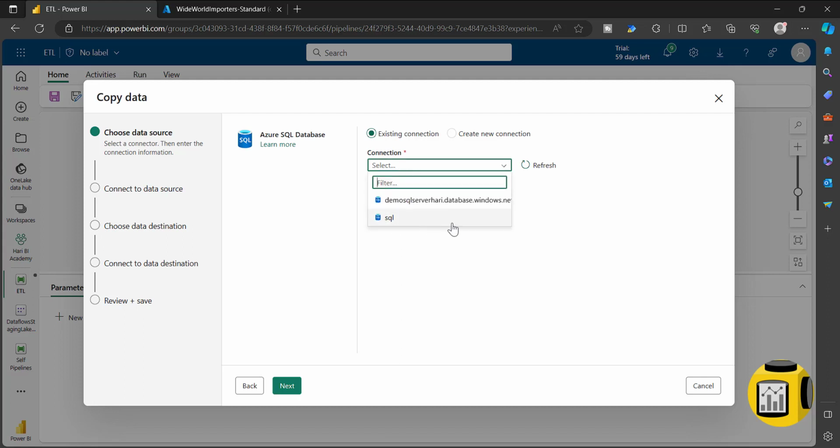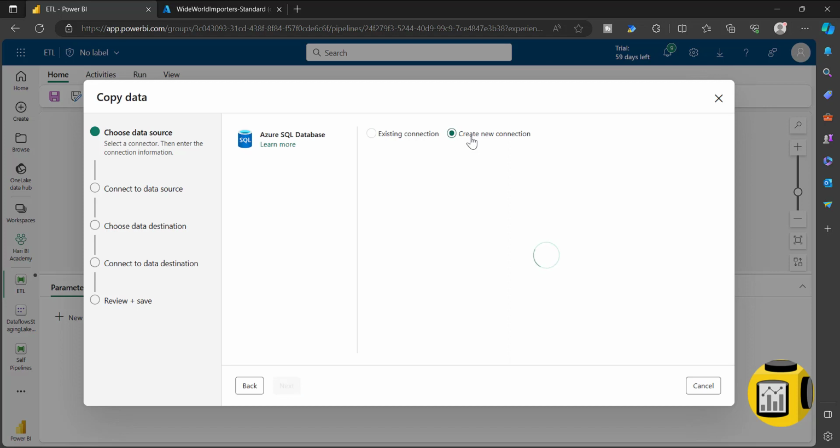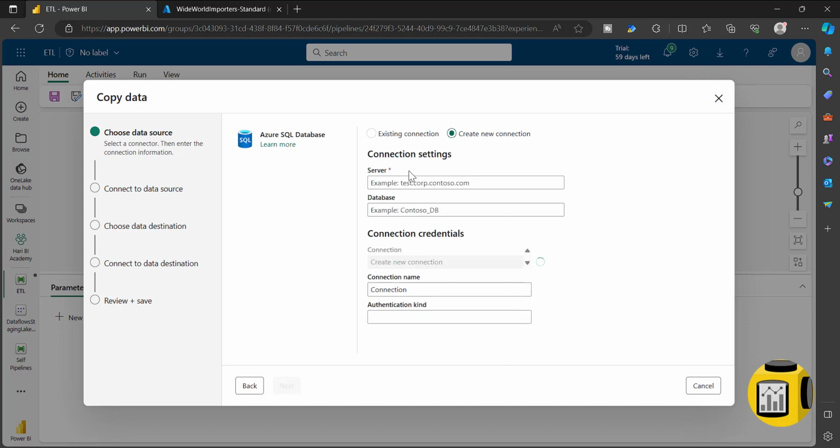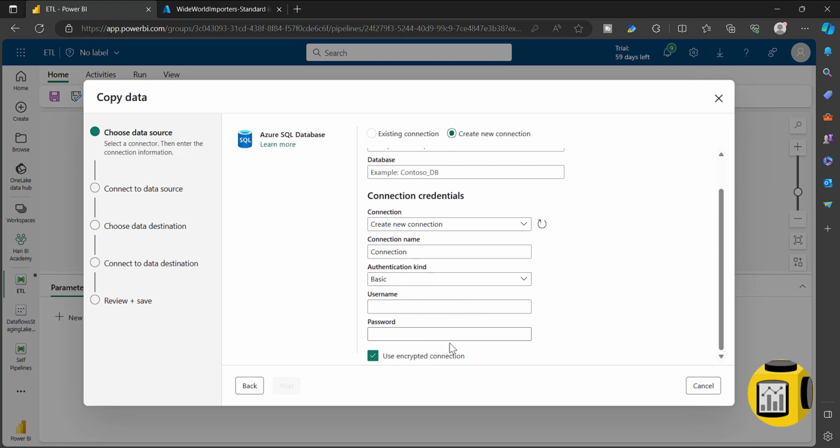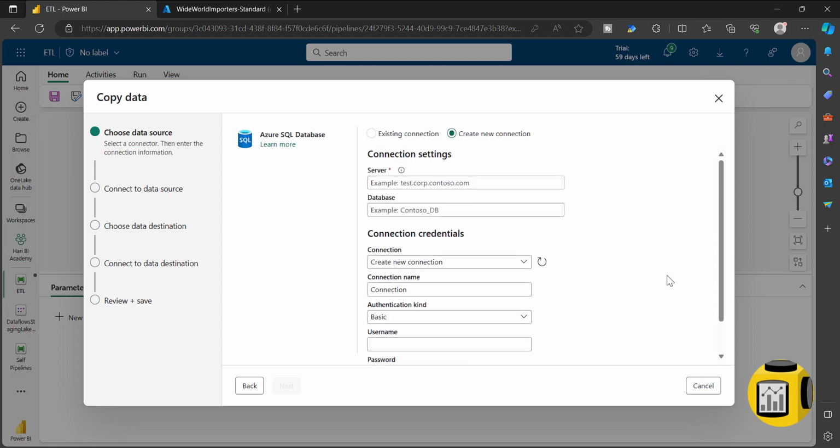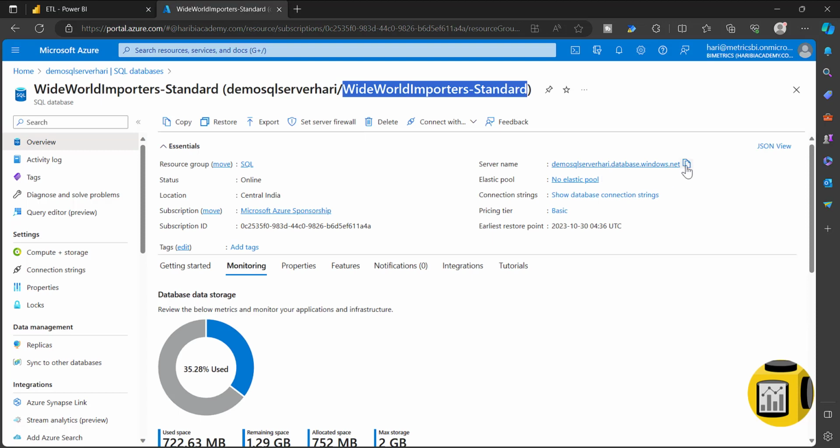So this will list out all the connections, or if you want to create a new connection, click new connection, and this will give you a Power BI like experience where you need to provide the server details, database, and then the authentication and so on. It is going to be the same window you have seen in Power BI dataflows and all. So here we can provide these server details,